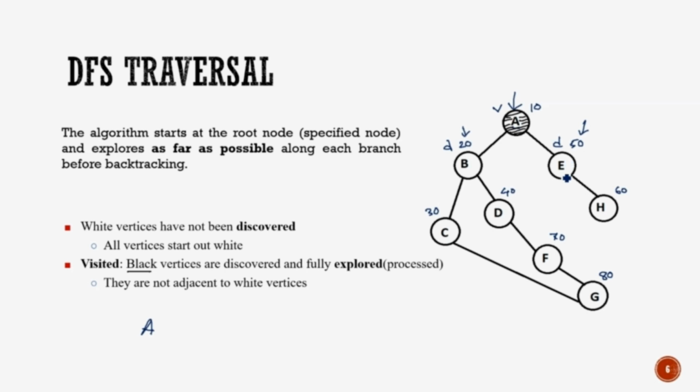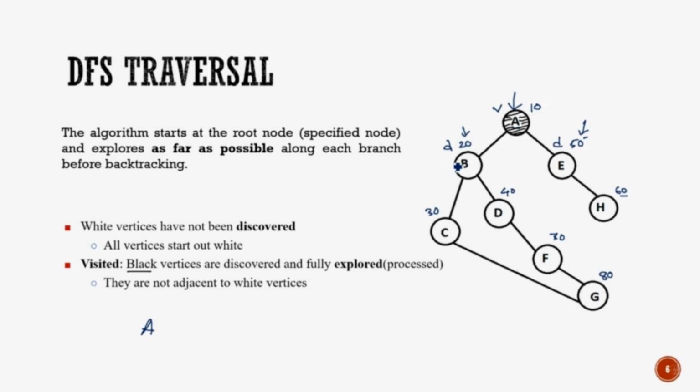For example, for this node, we don't know that the content of this node is E, and we also don't know about its adjacent nodes. We don't even know that address 60 represents an adjacent node of node E. We just know that there is a vertex at address 50 and it is an adjacent node of node A. Similarly, we have another discovered node located at address 20. And as we said, we will choose arbitrarily. So let us move to node B.